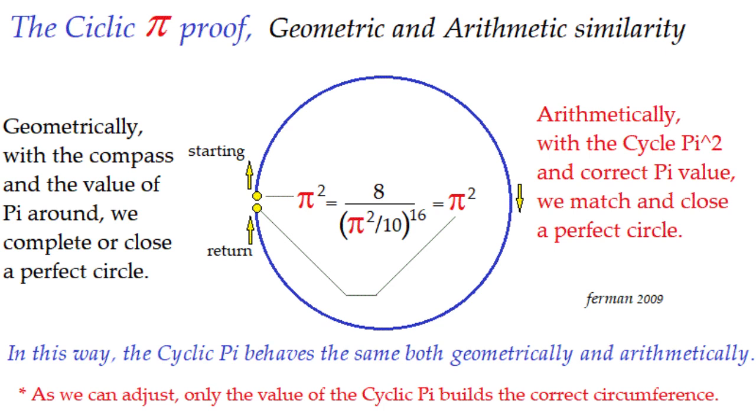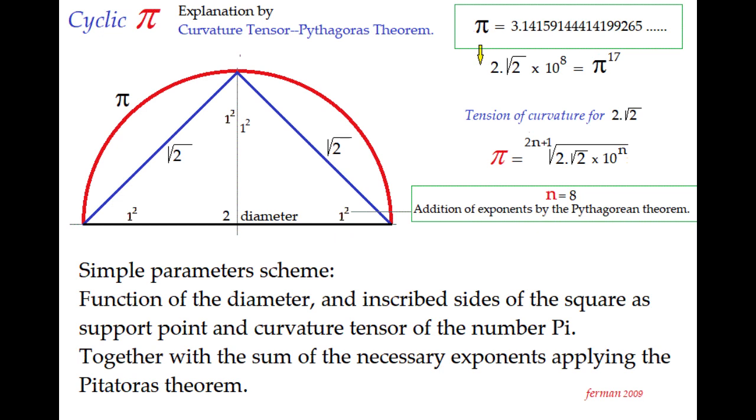So, geometrically, with the compass and the value of pi that it develops, we complete or close a perfect circle. Arithmetically, with the cycle pi squared, a substitute for the compass, and the correct value of pi, we equalize and close a perfect circle. Some examples. Next, I put drawings of how to use the squaring pi cycles to obtain simple parameters